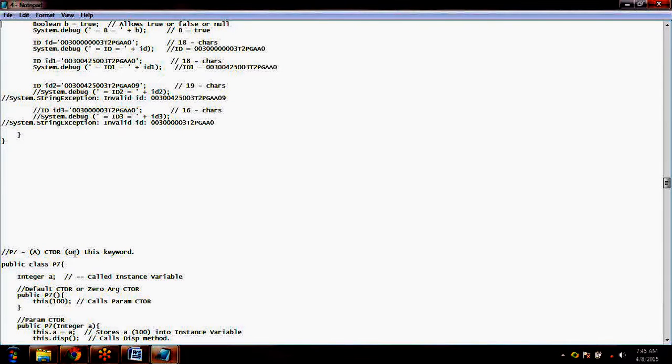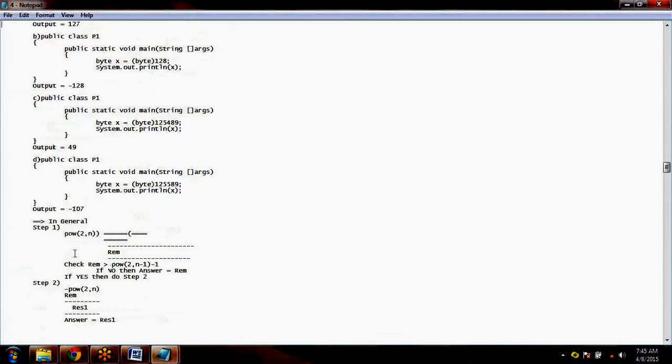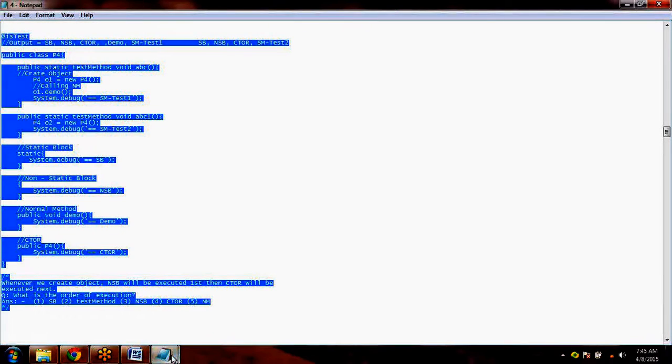And yesterday we have seen an example like this. Inside the class you can have static, non-static, all these things, which will be executed what? If you look at here, yesterday,